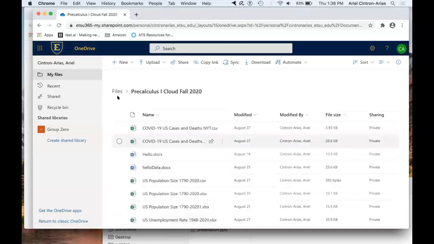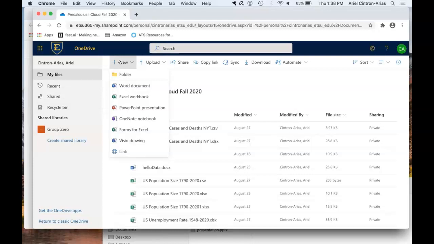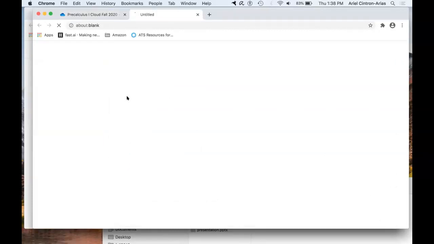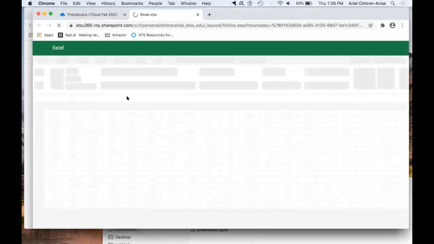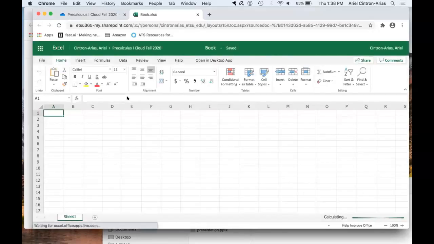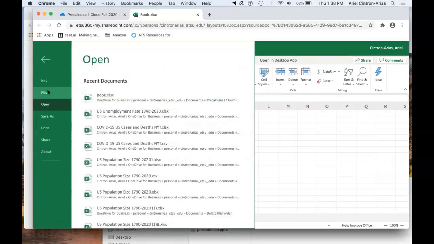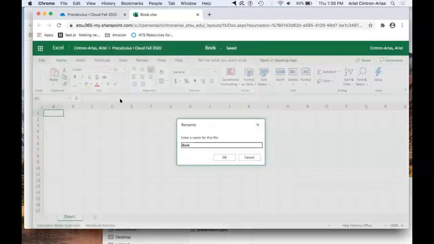Once inside this folder, you go to this tab, drop down New, and you click on Excel. This is creating an Excel file here. And there's a few steps there about changing the name. You could see right now, I'm clicking on the top that says book. This is automatically generated with that name. If I click on it, I'm able to modify the name. I can also go to File, Save As, Rename, and this is where we can say something about